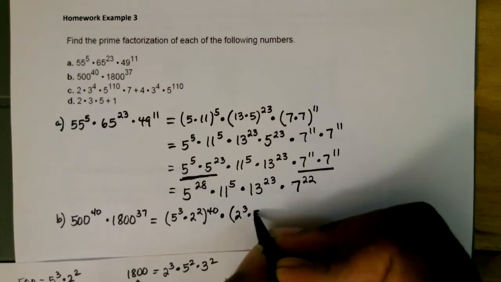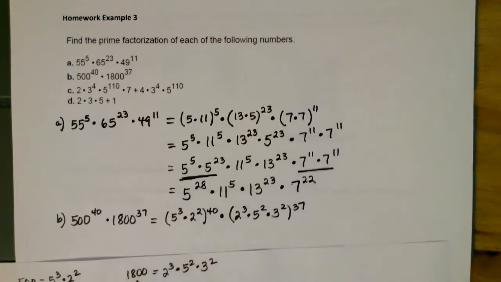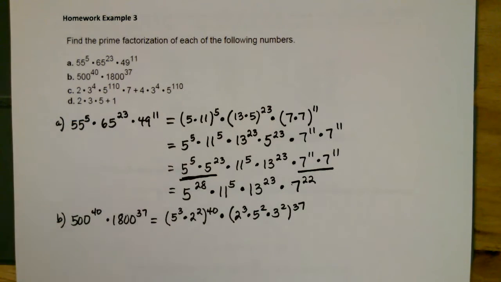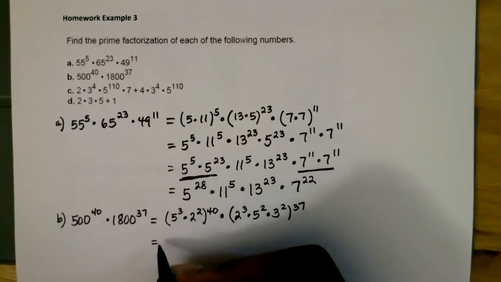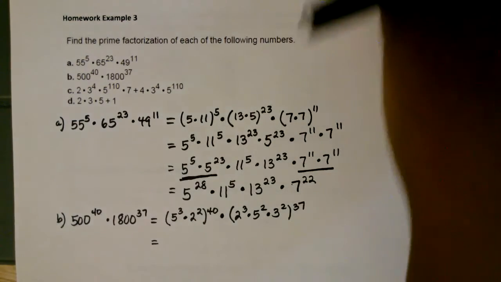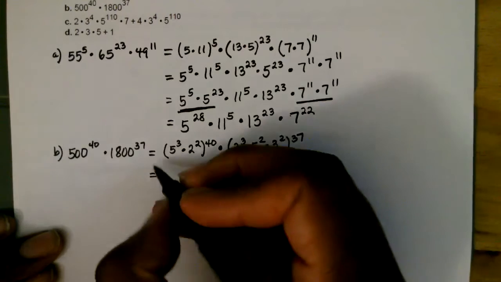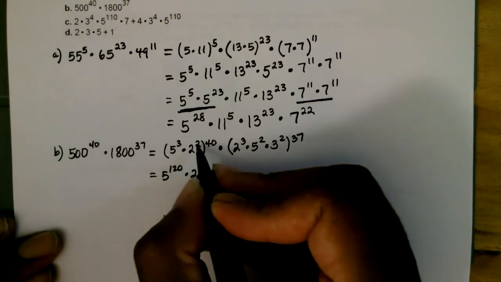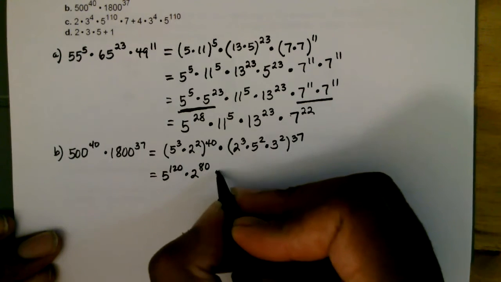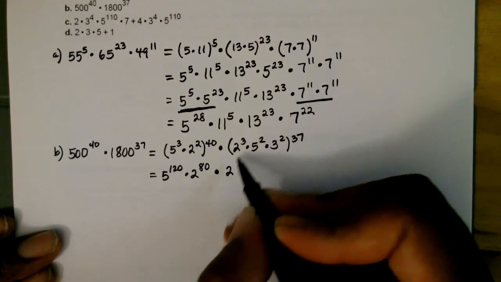Two cubed times 5 squared times 3 squared, and that's raised to the 37th power. So the numbers in the parentheses will be to the 40th power. If you're raising a power to a power, you multiply your exponents. So 5 to the 3 times 40 would be 120, times 2 raised to the 2 times 40, that would be 80, times now 2 to the third to the 37, bring down the 2, multiply